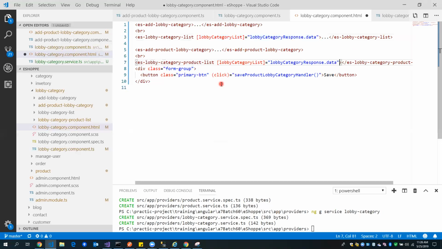Correct team? So I need this lobby category data at both the places. That is why I put it at the parent level, and from the parent I'm passing it in the child, right? So let's go back to